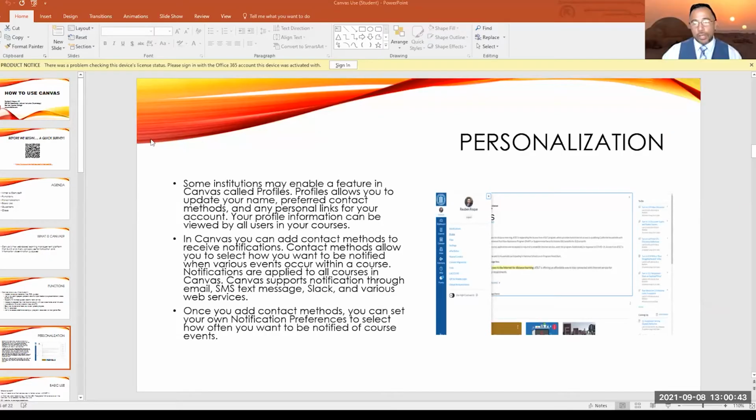And then here, again, you can personalize your Canvas. You can change your order. You can put in your own picture. I've always required my students to actually put in a picture, because I don't like looking at a little emoji of a flying potato or something. No, I want to see a normal person's picture. If it's your dog, I'm good with that too. But no flying food or cartoon anime stuff. That's just me. Some of your professors might have stricter stipulations, but there is a way for you to do that. And that typically happens here